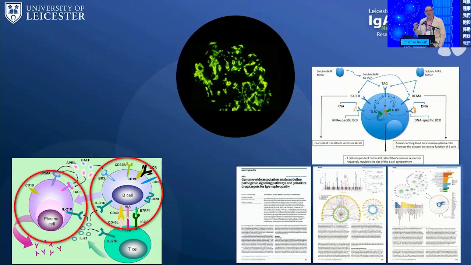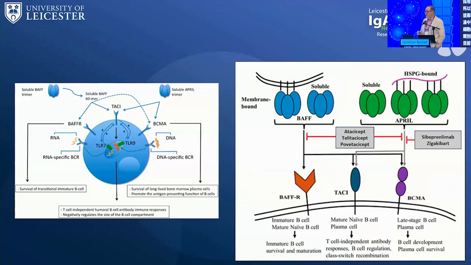The largest genome-wide association study that's now been published, as part of the data analysis, identified proteins in the BAFF-APRIL cascade as being genetic risk factors for the development of IgA nephropathy. So there's a genetic basis for why we might want to target this system. And you can see here that these cytokines act through cell surface receptors, and perhaps more clear on this side,